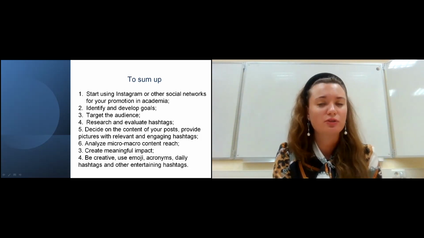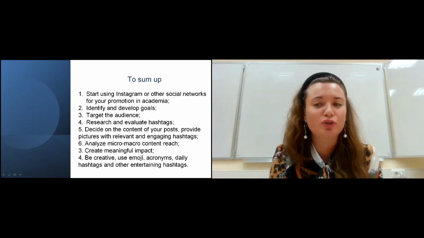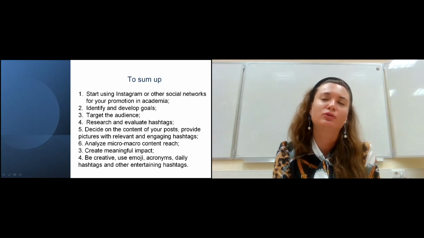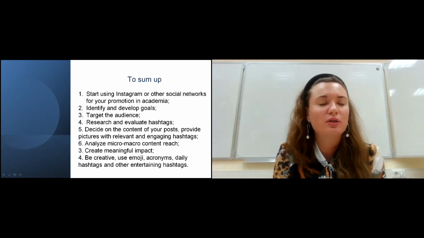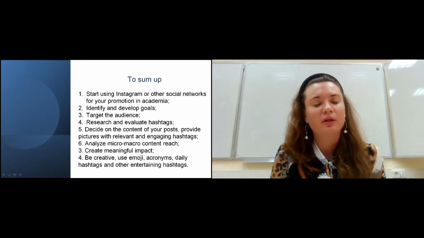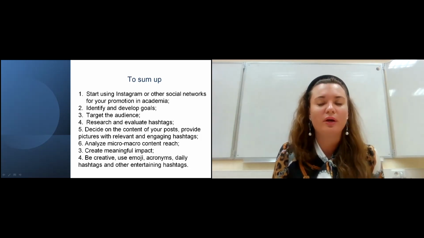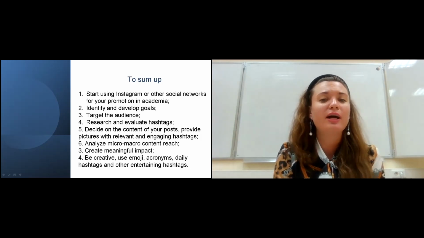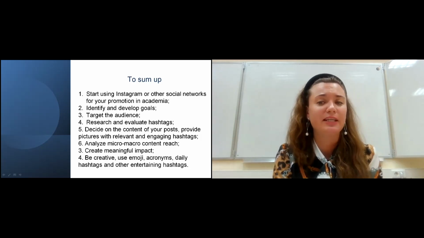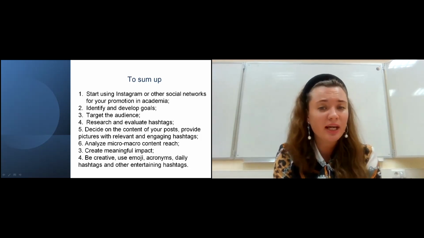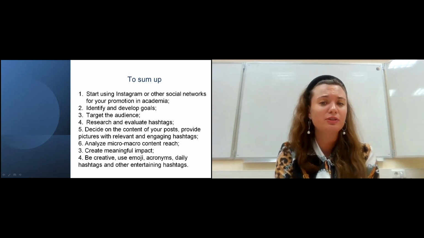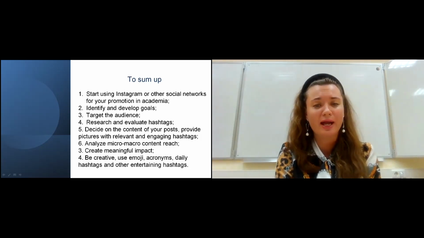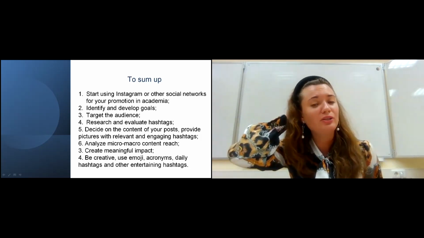Decide on the content of your posts, whether you want to educate, to give posts mostly about what you are teaching or what you are researching. Provide pictures with relevant and engaging hashtags. Analyze the macro content reach, create meaningful impact, and try to be creative.